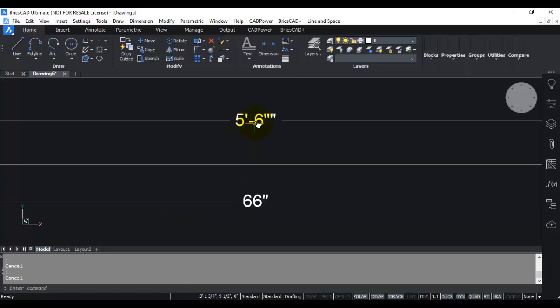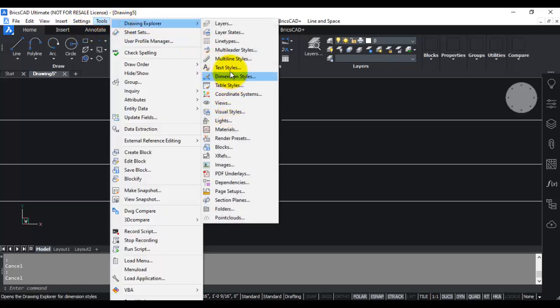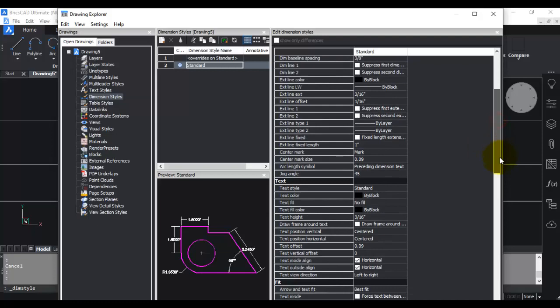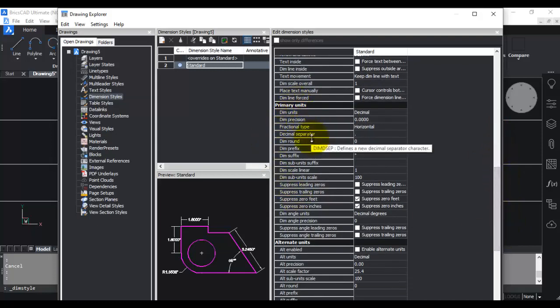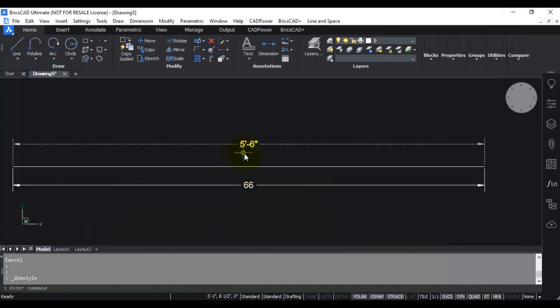Now you may notice that there are two quotes here next to the feet and inch dimension. That is because we have put the dim suffix as the inch mark. So the imperial unit dimension already creates 5 feet 6 inches as the dimension text and then puts an additional inch mark next to it. So if you want to do dimensions in the normal feet and inch way, you must make sure that you go back here to dimension style, to the dimension prefix part, which is under primary unit, and you must remove the suffix and then create your normal dimensions in architectural style.